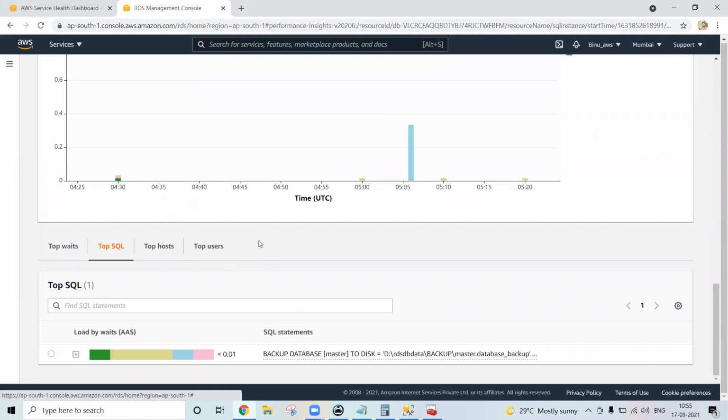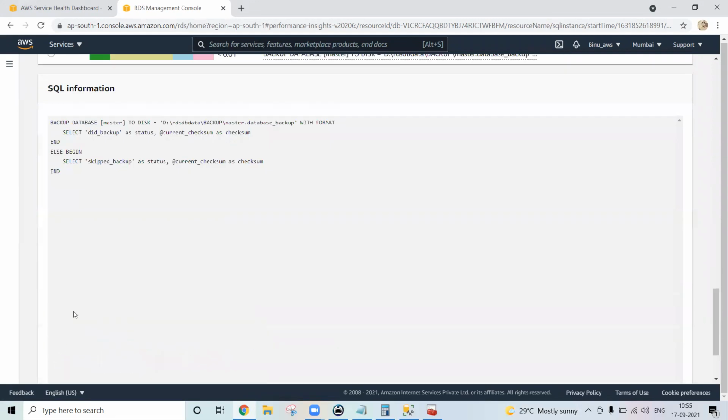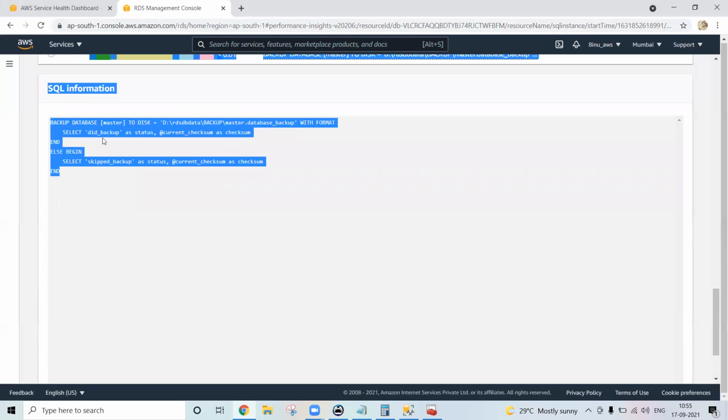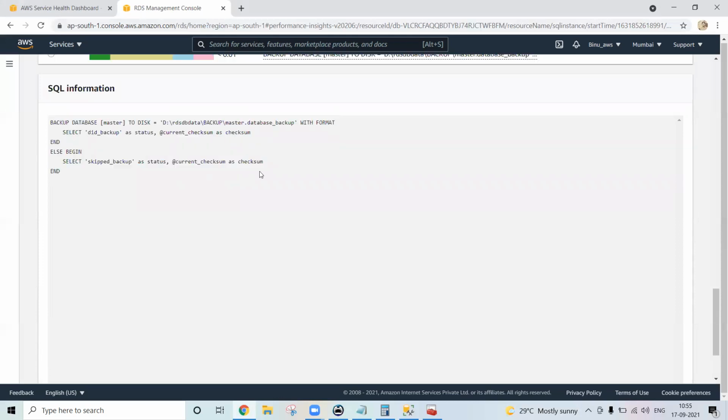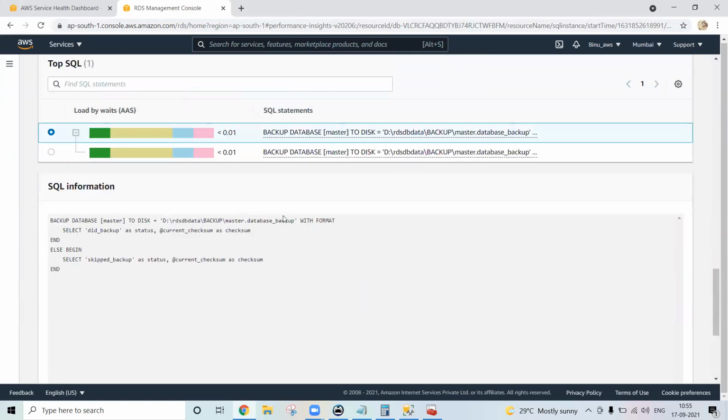Okay. Now coming to here, top SQL. What was the top running SQL query? What was the query running by this? What were all the queries running on the SQL Server? You can get that from here. Even if you select this one, you can get the data from here. See, you can copy it and later you can analyze. You can download this script or simply click copy, and later, based on your SQL capability, let's say some performance issues were there, you can work on that, right?